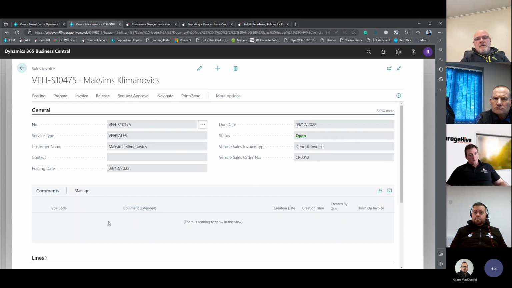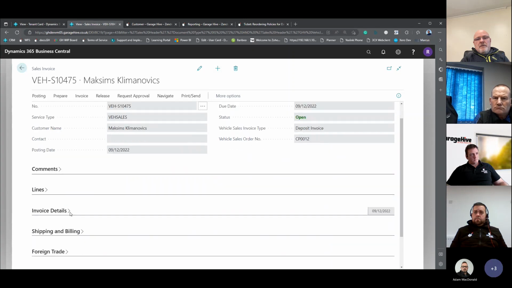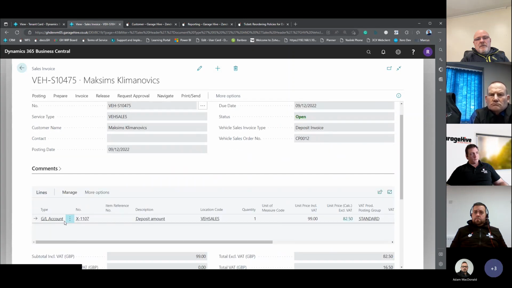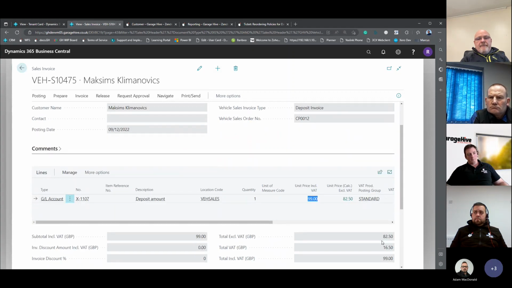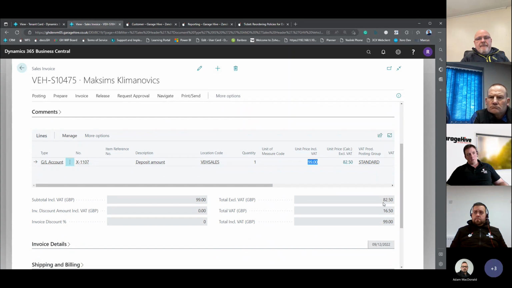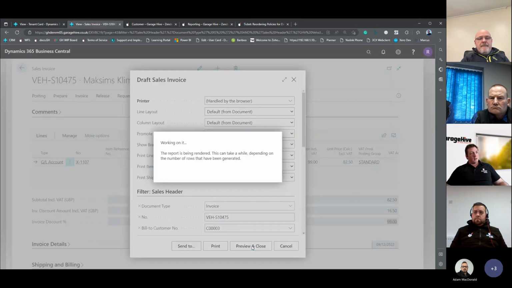Comments would have been copied over if you'd written them on the order form. And in the lines, we post to a nominal for vehicle sales deposits, but we're basically just taking, because this is a VAT qualifying vehicle, 82.50 plus the VAT, 99 quid, which means we can give the customer an invoice